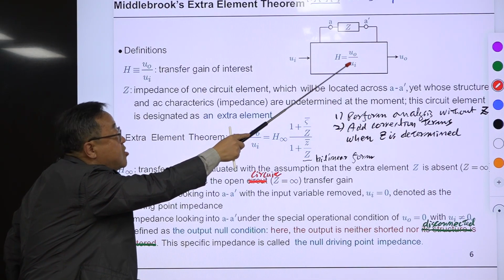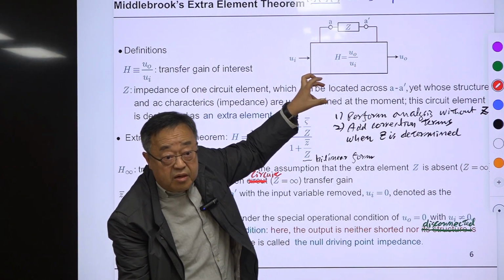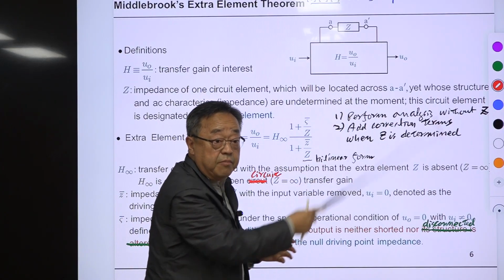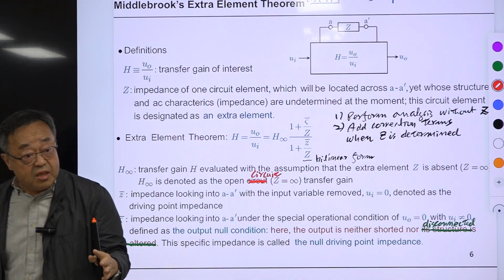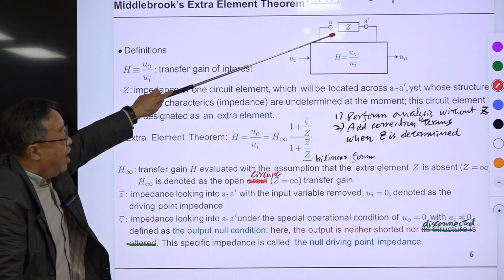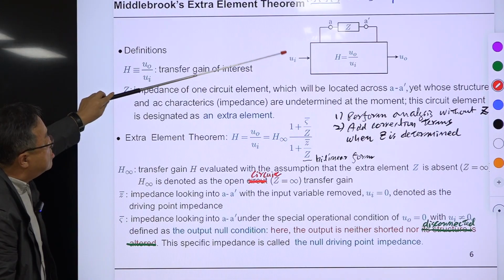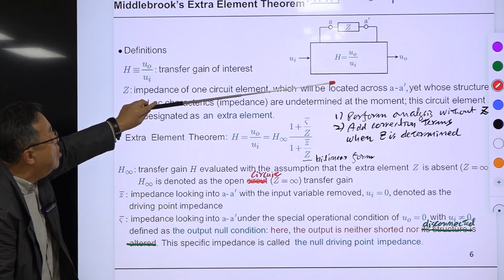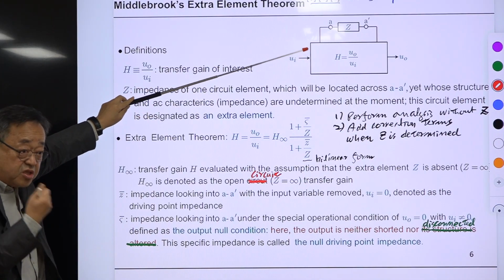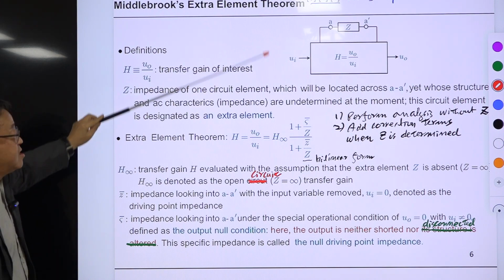Okay, the network looks different. This thing is inside of this, and you take out one element. Okay, for our case, this will be what? Load impedance, because we don't know the load impedance. So we identify this as the extra element. We are interested in this. Suppose this is the loop gain of our converter, and assume this is the load impedance. We take out this and designate it as the extra element.